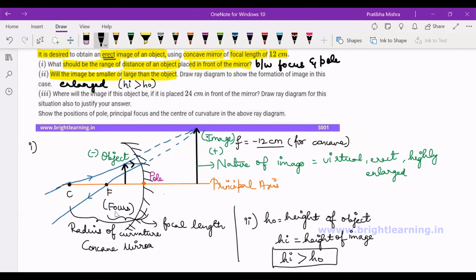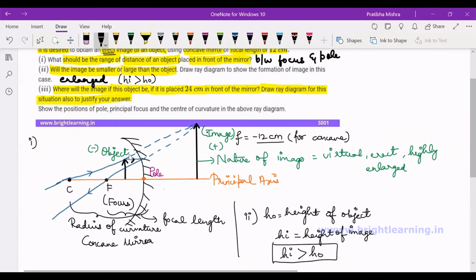All right. They have told us to draw a ray diagram. I have drawn a rough sketch of the ray diagram, which you can see here and understand. The third question is talking about where will the image of the subject be if it is placed 24 centimeters in front of the mirror? So for this question, we can use the mirror formula and solve it, and you can also draw the ray diagram to show. So what I will be doing is, I will be actually taking up the same ray diagram. I will just use the mirror formula to solve the question number 3 here.